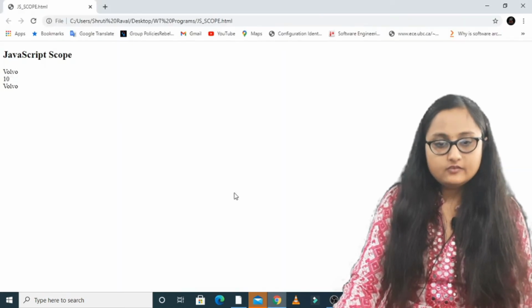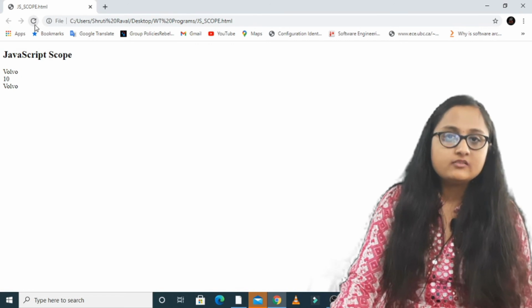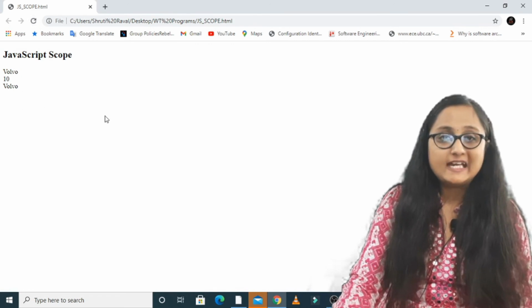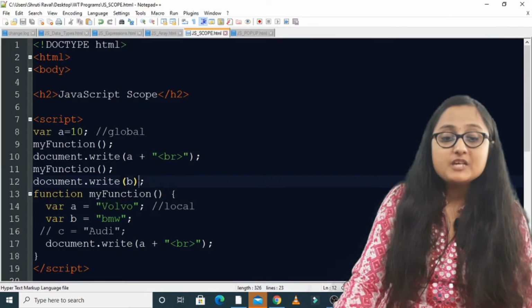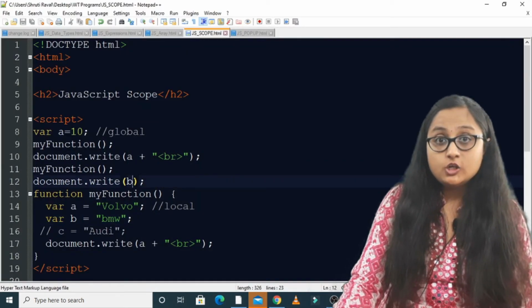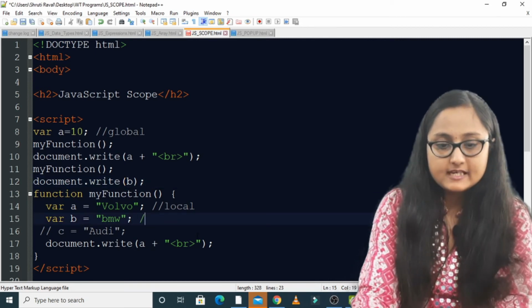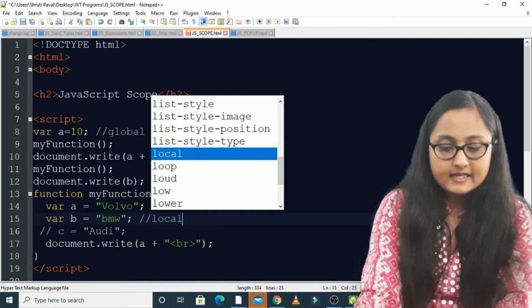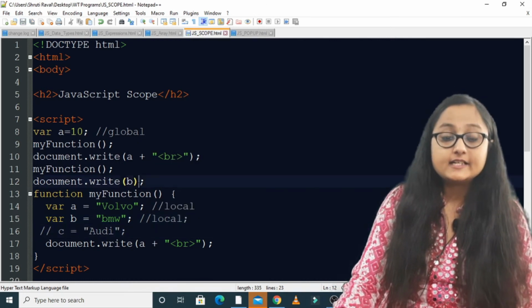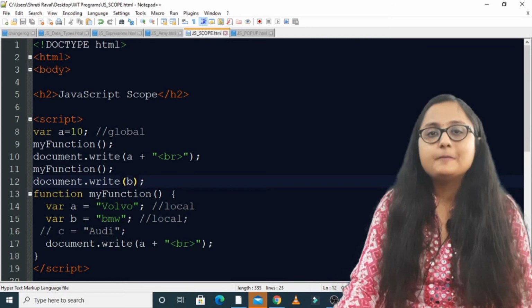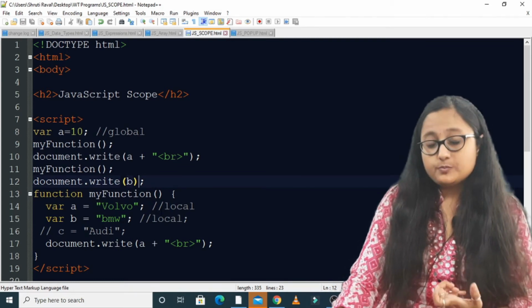Let us see what we get in the output. If I am reloading this page, I am not getting the value of b. Why is it so? Because this b is having local scope, right? So the scope of this b is local, and because it is a local scope, you cannot access it directly outside the function. So that is what local scope is all about.